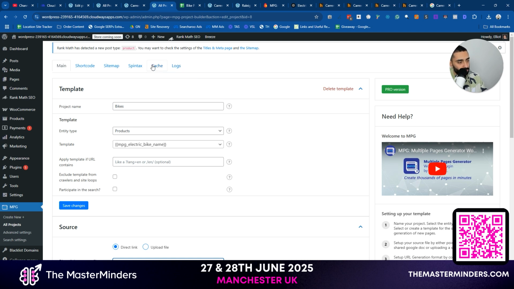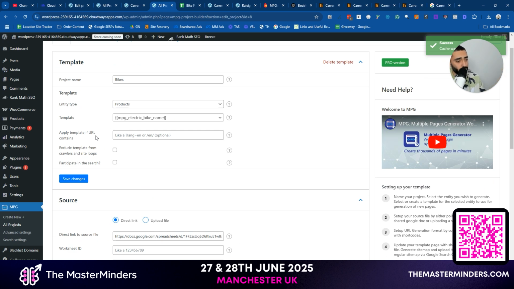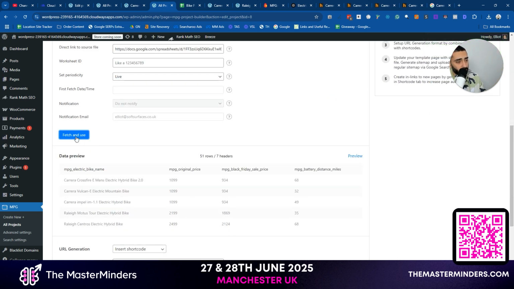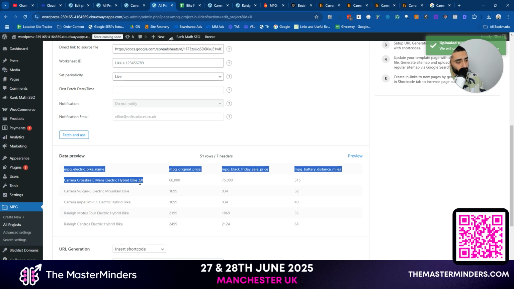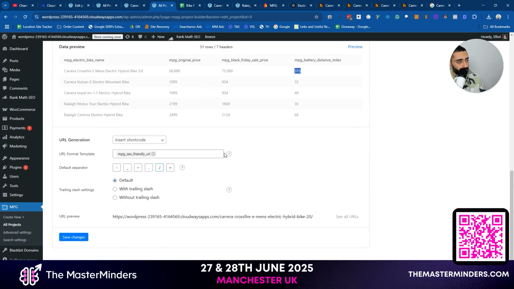So all I actually need to do is click over to cache, and we can flush out the cache. There are different caches that you can do. But what I'm going to do is first of all enable the cache, and then we're going to flush the cache here, and this will allow us to go back to that URL and regenerate that page. So this is the 2.0, and as you can see here, it's just flipped over to the 3.0, and the price is now 60,000, 75,000, 315